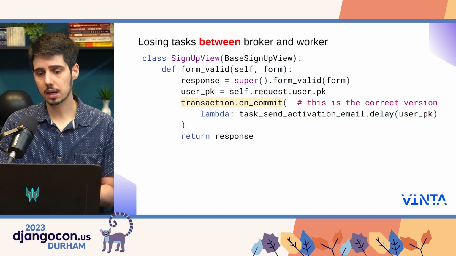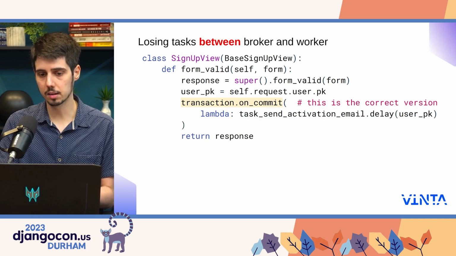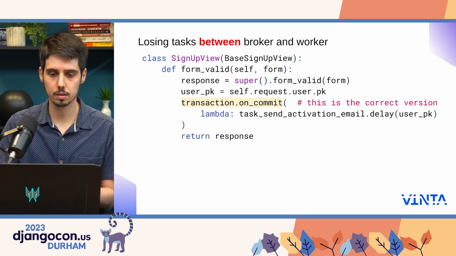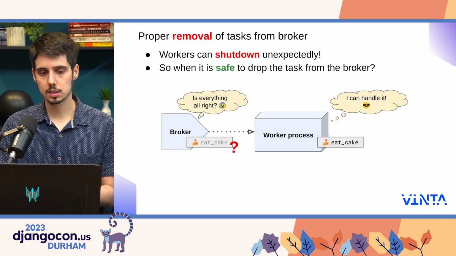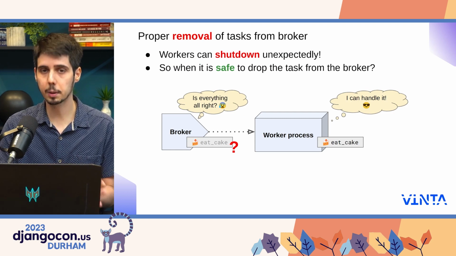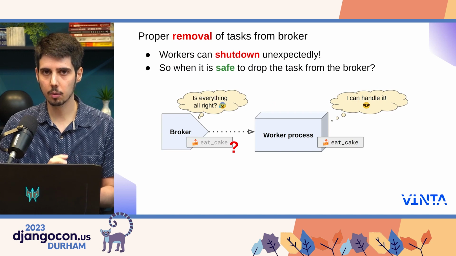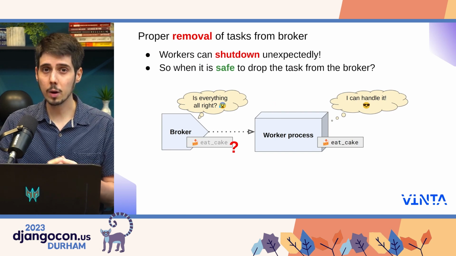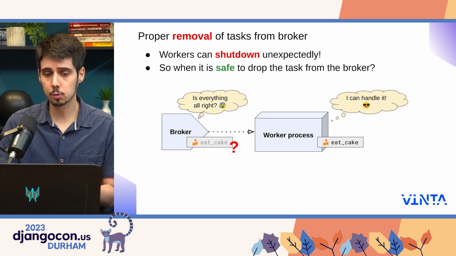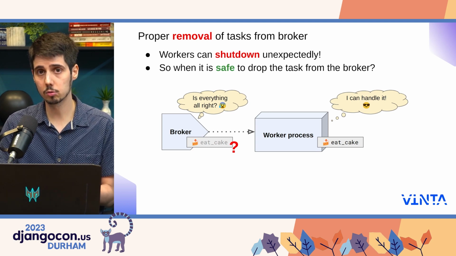So the correct version is to only run this task after the database commits. So you use transaction.on_commit. Okay, so that's fine, that works, but you also have to consider that workers can shut down unexpectedly, and you have to decide a way to properly remove tasks from the broker. When it's safe, we have to figure out when it's safe to remove a task, to drop a task from